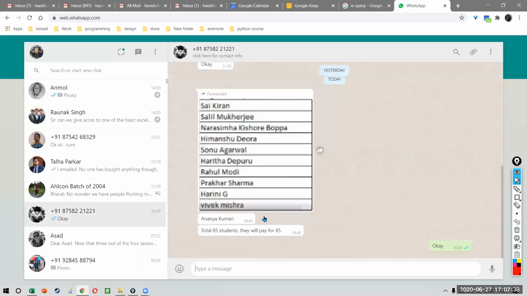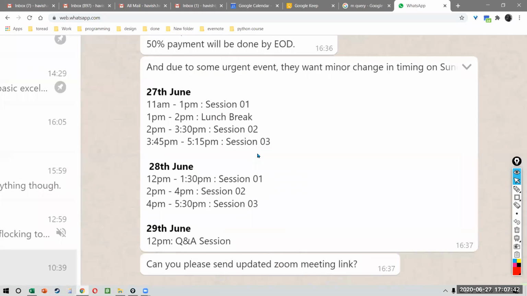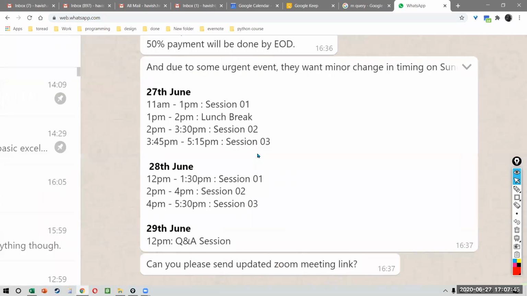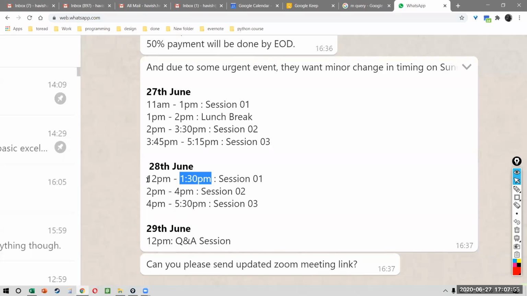So tomorrow we have 12 to 1:30, 2 to 4 p.m. and 4 to 5:30. All right. Okay. I will move this around a little bit. If it's okay with all of you, we can have a slightly longer lunch break. So we can maybe do 12 to 1:30 and then 2:30 to 4 and then whatever, 4 to 6.